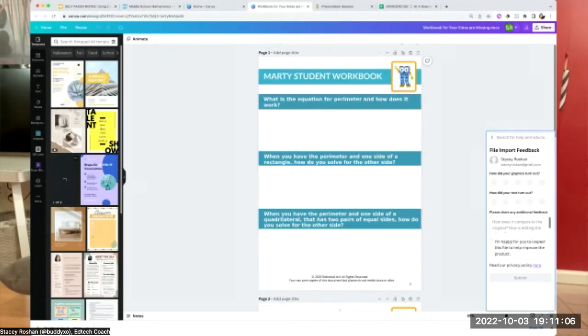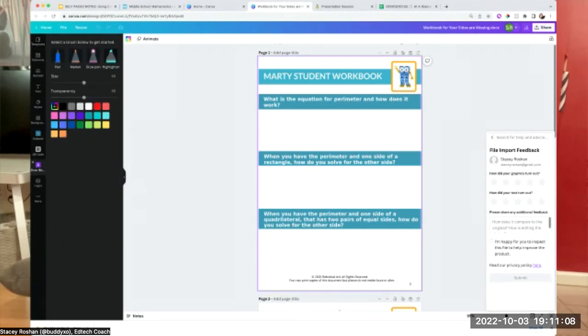Now your students can draw right there, something that in a Word document students can't as easily do. There are some pen tools built into Word, but I think this is even better. So now students would have some of these drawing tools. If you say, what is the equation for the perimeter and how does it work? Obviously you would have more of a prompt here. This would go with maybe something that you are programming the robot to do at the same time,